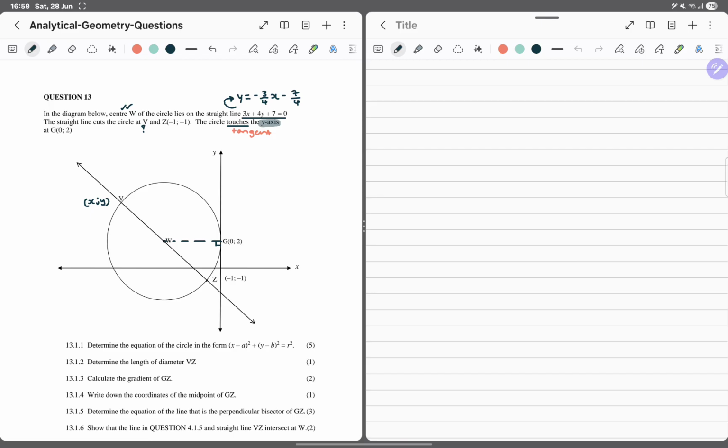But now how does this help us? It tells us that if this line is perpendicular to the y-axis,